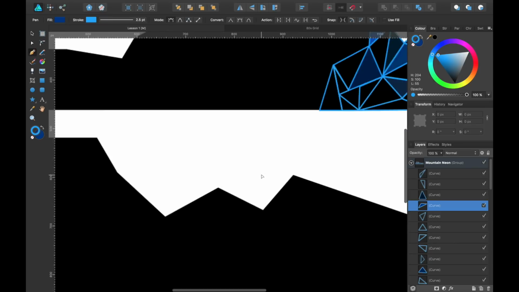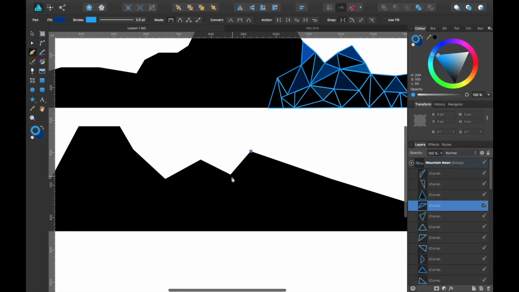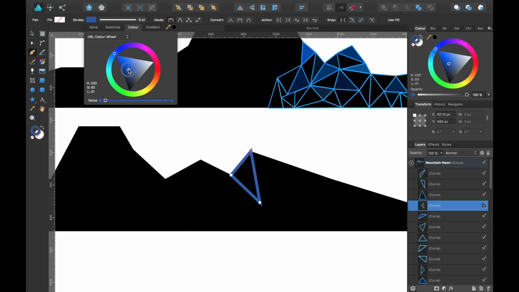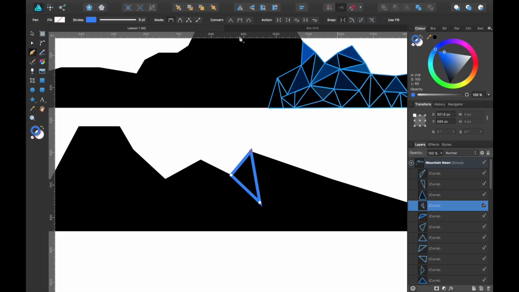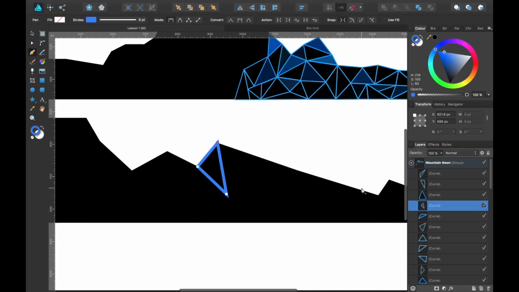So I just made my shape, and then I just go down and I just do a triangle, select the stroke, so select a color like a stroke like that, and I pretty much just did that all around, and then I sort of nested it into the mountain.